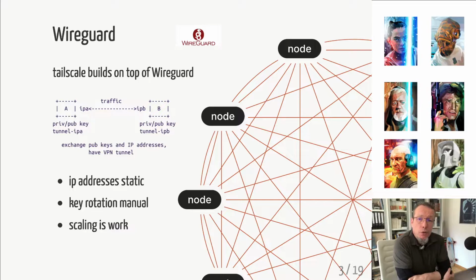Tailscale is built on top of WireGuard, which is a state-of-the-art peer-to-peer networking software. WireGuard basically works as shown in this little diagram. You have two machines, A and B, which you want to connect via WireGuard. They each have a public IP address. You generate a private and public key on each of the machines, exchange the public keys, and then you have a VPN tunnel between these two machines, encrypted,